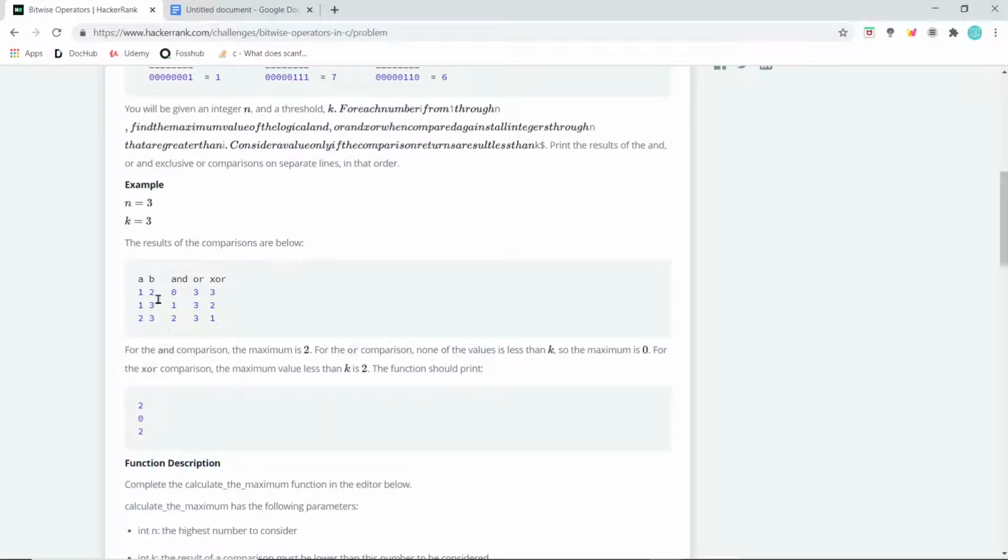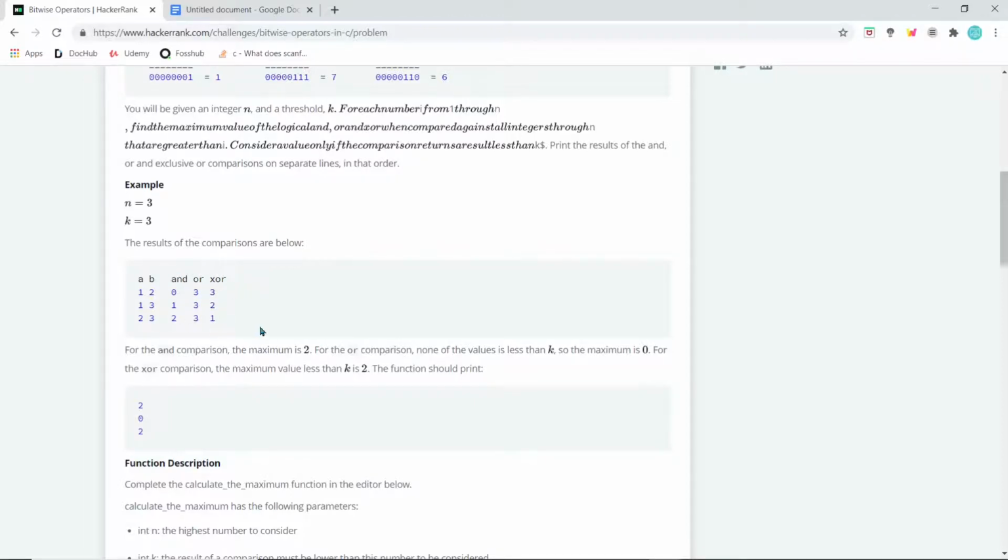Okay, now we do the AND operation on 1 and 2, we get the value 0. We do the OR operation, we get 3. We do the exclusive OR operation, we get 3. Similarly, for the second case, we get 1, 3 and 2 for AND, OR and exclusive OR operations respectively. Similarly, for the third operation, we get the values of 2, 3 and 1 for the AND, OR and XOR